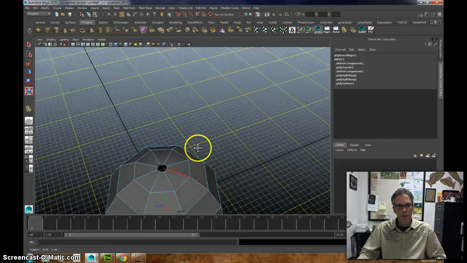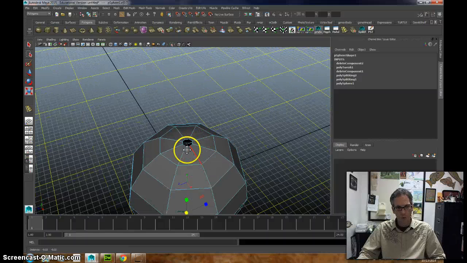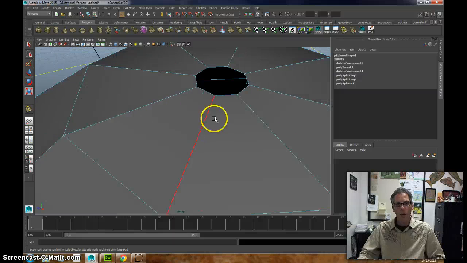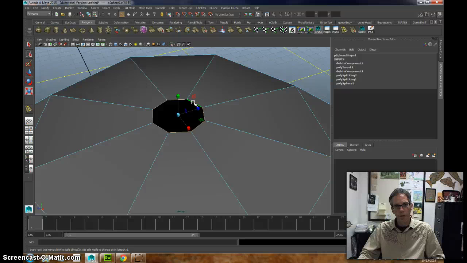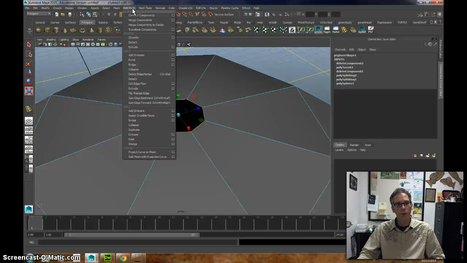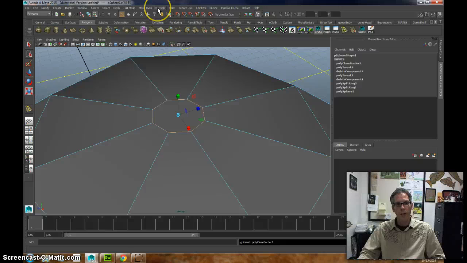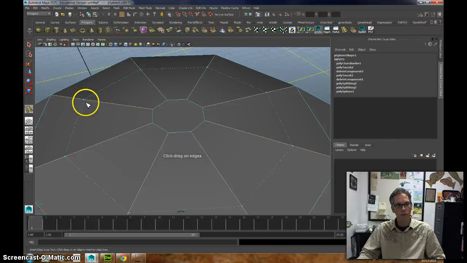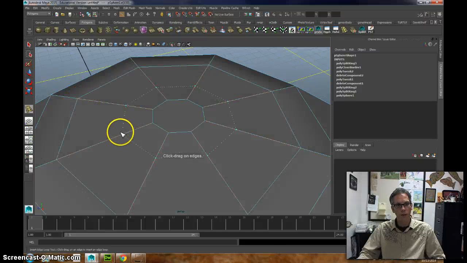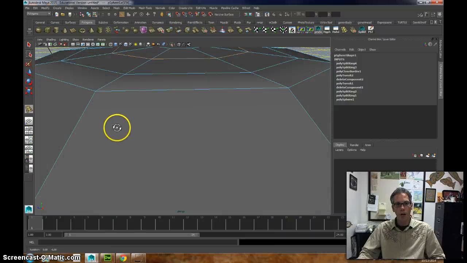Now I have this final face here. My computer lags when I make these videos. I'm going to choose the edge, double click on it, go up to mesh, fill hole, boom. And I'm going to use my insert edge loop tool again, and I'm going to add some edges right along here and along here. And I'm going to be done with that. So the top there,